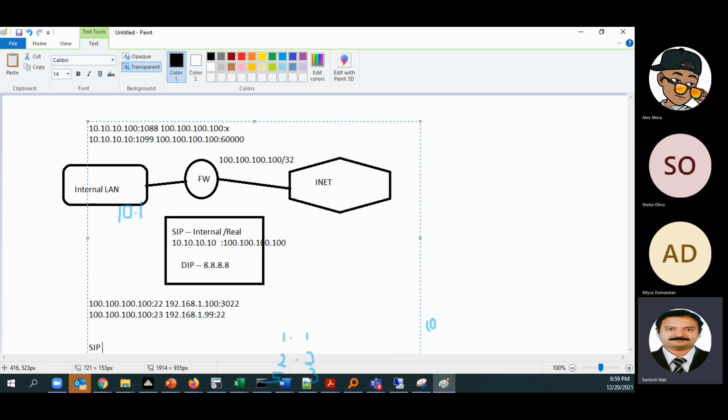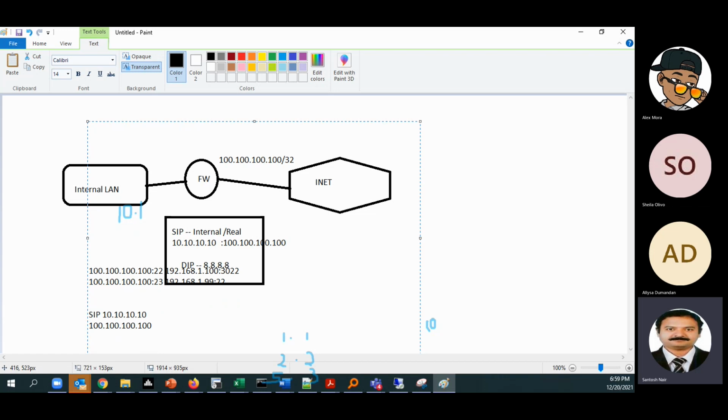Source IP address 10.10.10.10 is translated to 100.100.100.100. Same thing for the destination IP address.